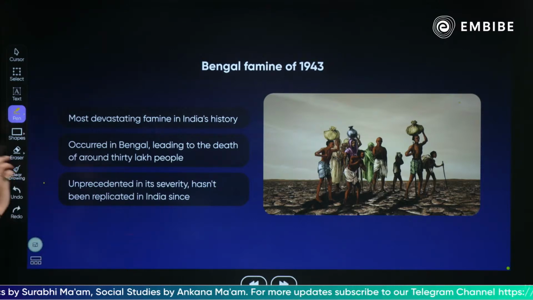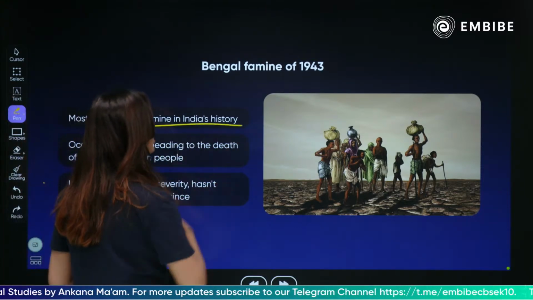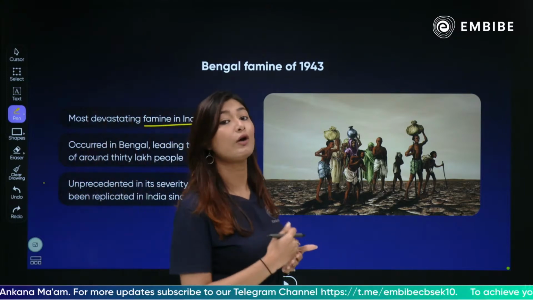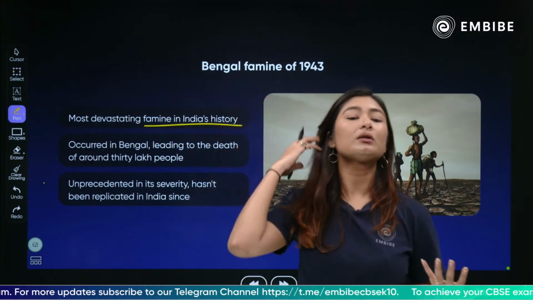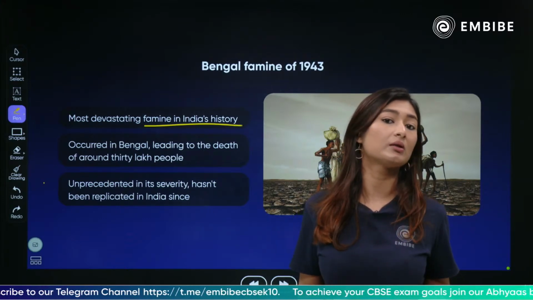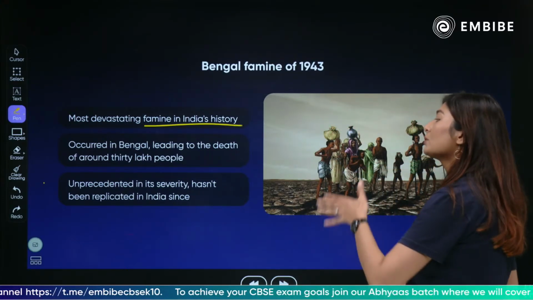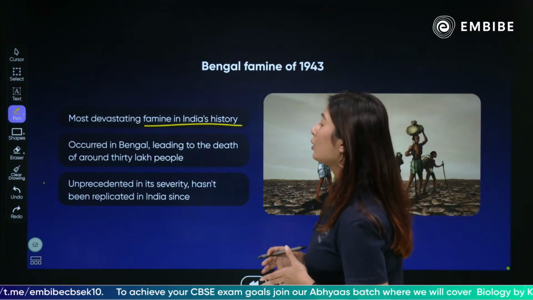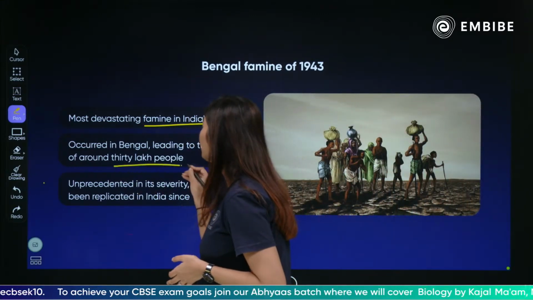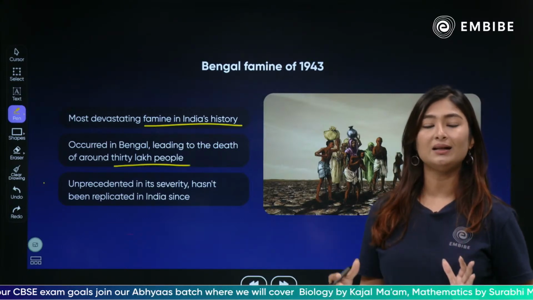Now, Bengal, and that in Bengal. And so many people died that it is one of the worst things that has happened in the history of India. But as we know, the government responsible was not really taking care or bothered or concerned about the lives of humans at that time of India, right? So it happened in Bengal, which led to death of around 30 lakh people. French Revolution में ये नहीं हुआ ना? आप समझ रहे हो? You have to understand the difference.